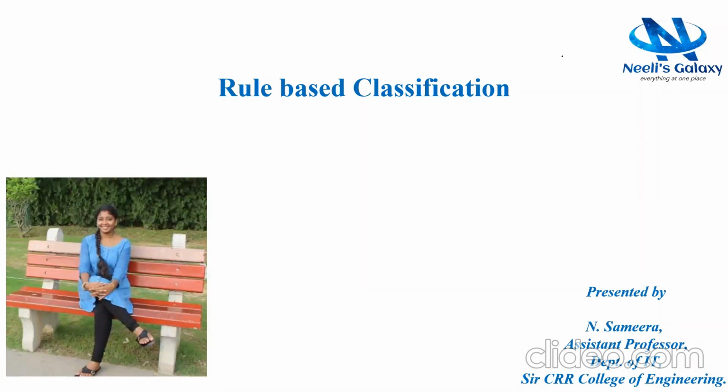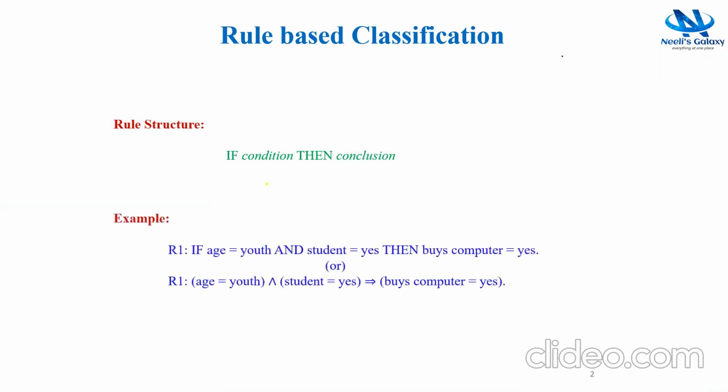I am going to explain rule-based classification. As the name suggests, here classification is done based on some if-then rules. Here is the structure of the rule, where the if part is called the rule antecedent and the then part is called the consequent. Here is an example of a rule. In the rule antecedent part, we have some attribute tests which are ANDed together using logical AND, whereas in the rule consequent, we have a class label.